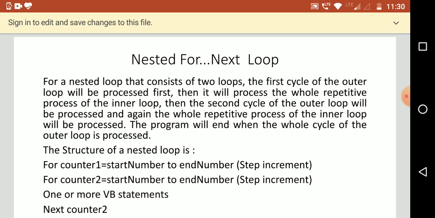The outer loop will be performed first, and then it will process the whole repetitive process of the inner loop. Once the inner loop is completely executed, then the control will be transferred to the outer loop. Then the second cycle of the outer loop will be processed, and again the whole repetitive process of the inner loop will be processed. The program will end when the whole cycle of the outer loop is processed.